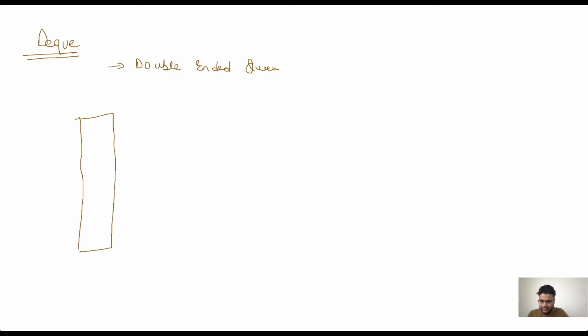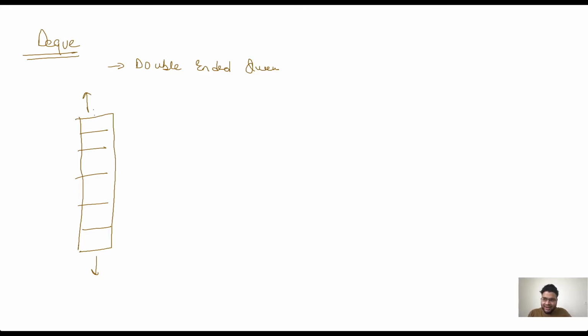So the first one which we plan to discuss is deque, right? Deque, as the name suggests, is a doubly ended queue, basically an implementation of a doubly ended queue. And how does it work? It works like what we have written here. Let's suppose I have a queue like this, wherein multiple elements can be inserted here, or it can be pulled off from this side or from this side, right?